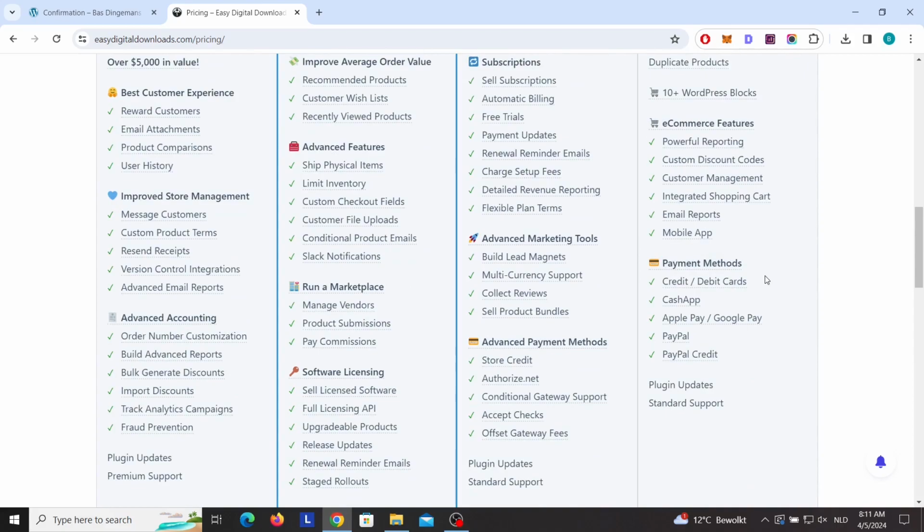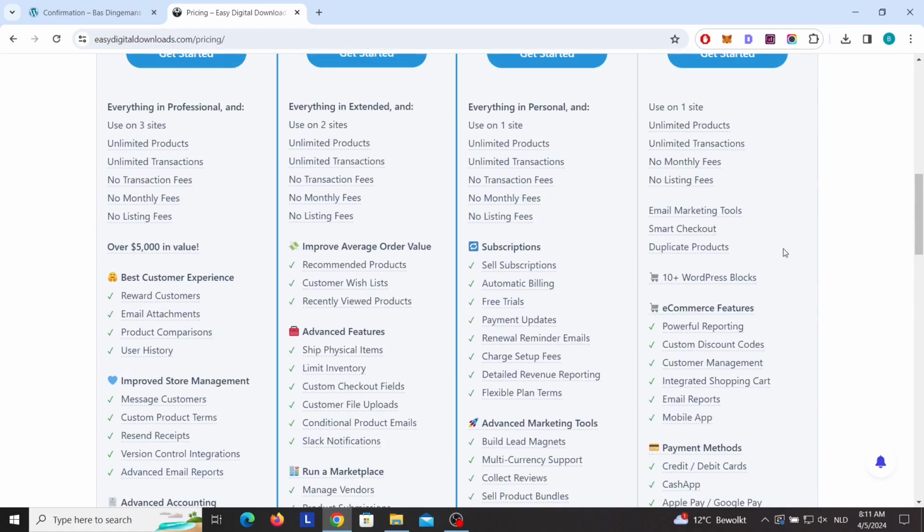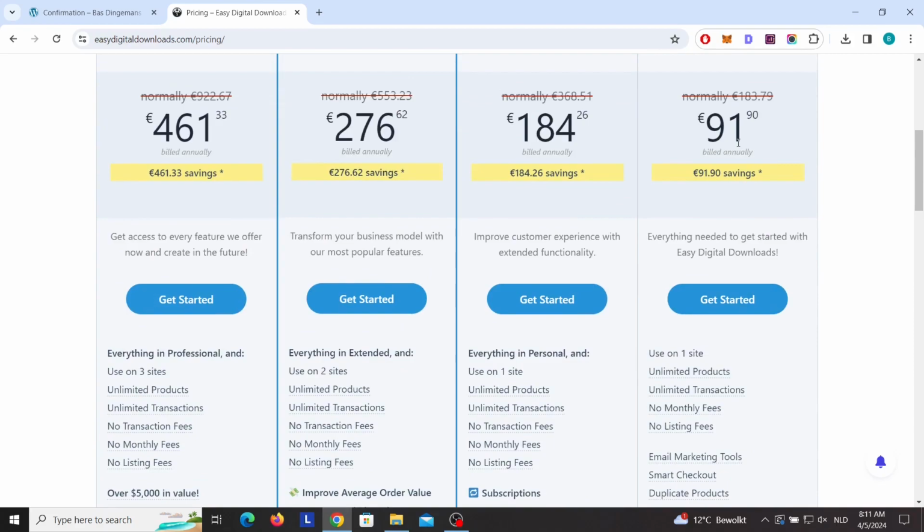With the free version you have some minimalistic options, but you can sell an ebook already. But when you want to go to a higher level, you need one of these paid plans. So test the plugin out, and if you want to go to a higher level, you can buy one of these paid plans of the plugin.